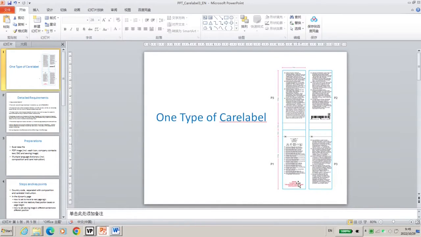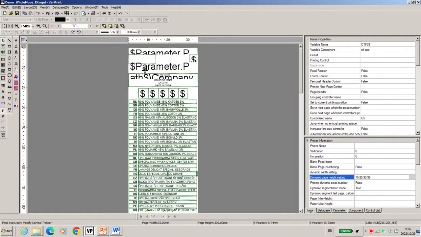In the care label, there are many text boxes, or one debug box, or two debug boxes, or an EAC box, relatively available, but the position is fixed. For example, the distance between this box, or the EAC, or the Wendy barcode, and the bottom edge is fixed. So I call it a relatively fixed position. So how do we set it? I'll take an example.